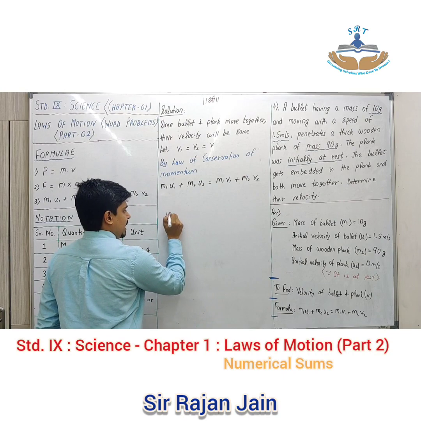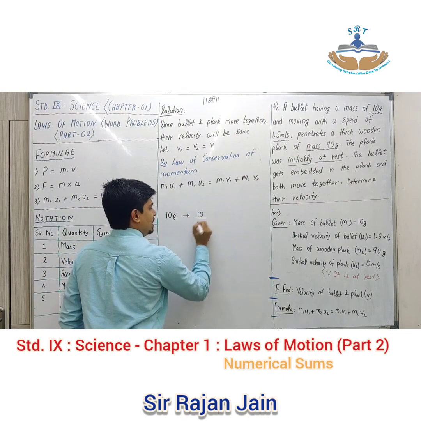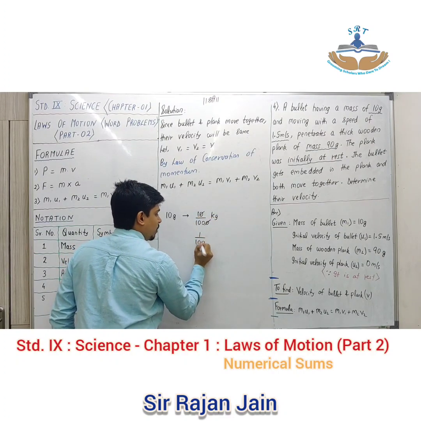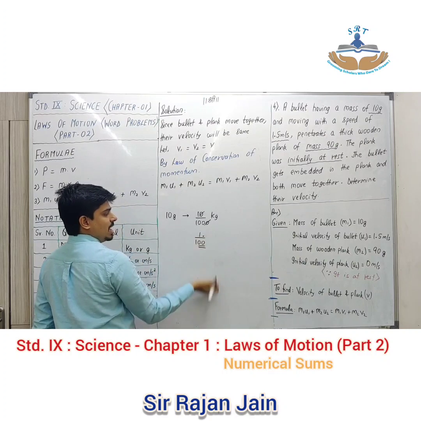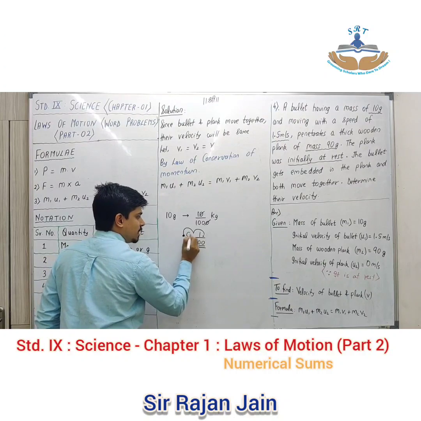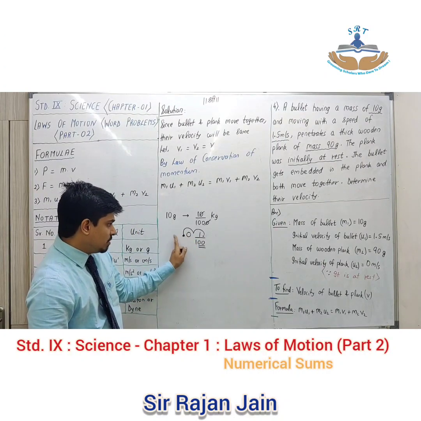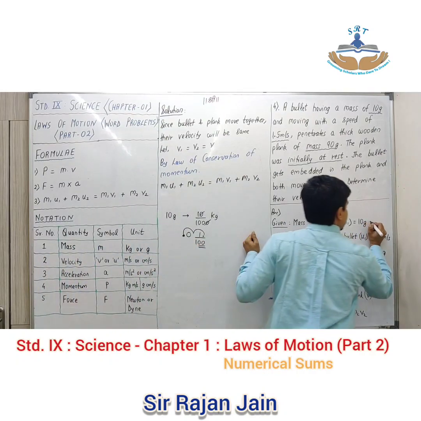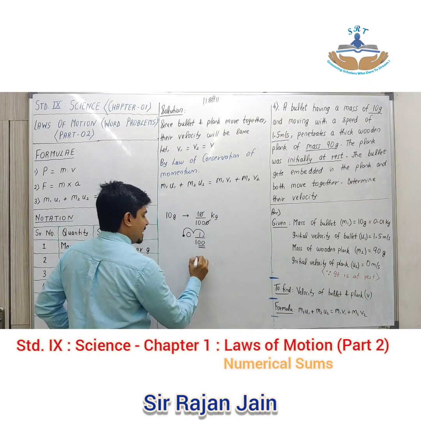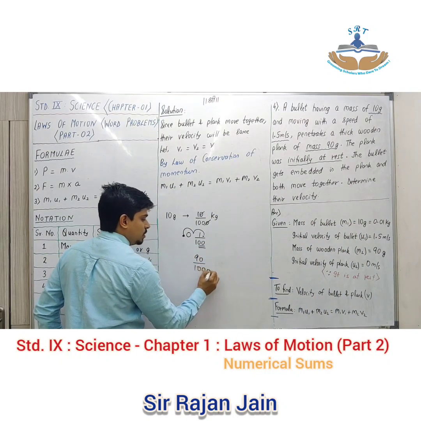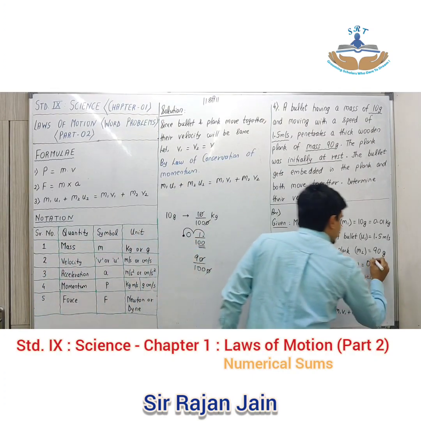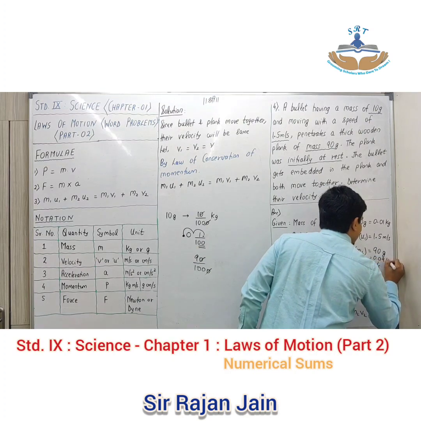Okay, so look here. 10 gram will be 10 upon 1000 kg. This cancels, what is left is 1 upon 100, because there are two zeros. Decimal I'll assume it to be over here. I'll shift the decimal by 2 places. Here one blank space is left where I will write 0. So your mass will be 0.01 kg. So in place of this I write 0.01 kg. Okay, then 90 gram. 90 upon 1000, 0 cancels, 2 zeros, again decimal shifts back by 2 places, so this will become 0.09 kg.